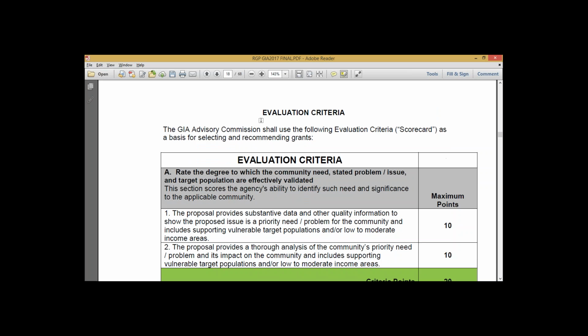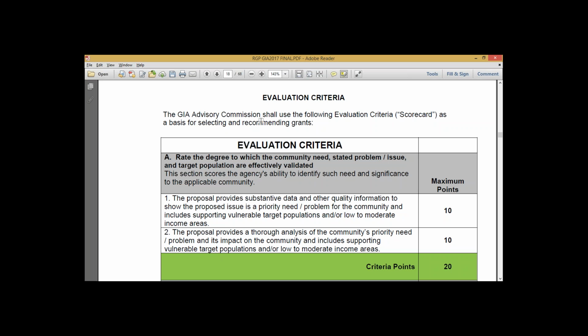Excuse me. Page 18 is where we see the evaluation criteria. And what I'd like you guys to do, if you have both of the hard copy documents or if you have both the electronic documents, and by documents I'm referring to the PDF or the RGP that's on the screen now,